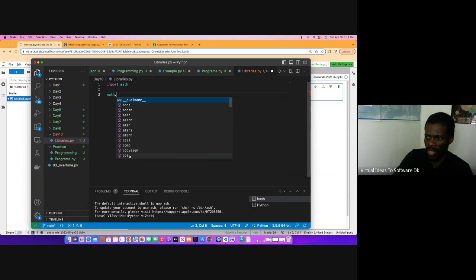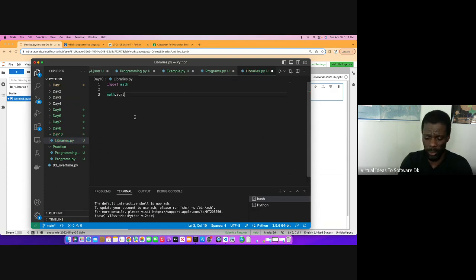I can get a cosine, I can get the ceil, it's like the rounding up, and the floor is rounding down. You can also have a lot of different math operations that are available for us. We don't need to reinvent the wheel. We can use a square root operator or function, for instance, and it tells you it returns the square root of x, where x is going to be what you enter in here. Okay, so for instance, if I put 5 in there, and let's say I'm going to say,